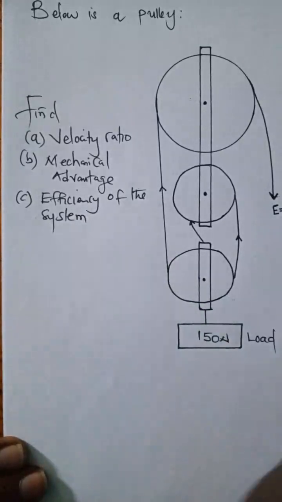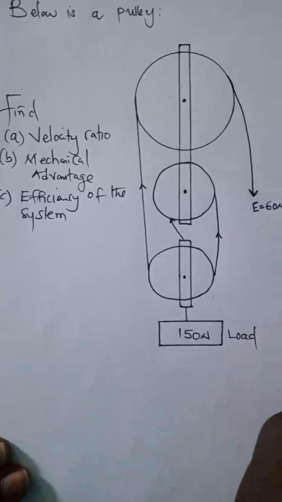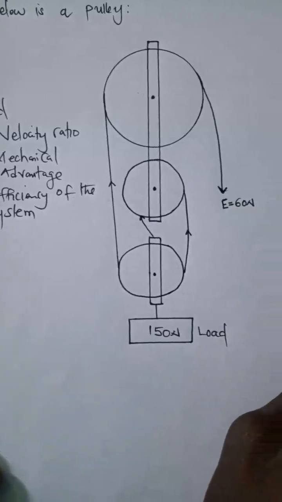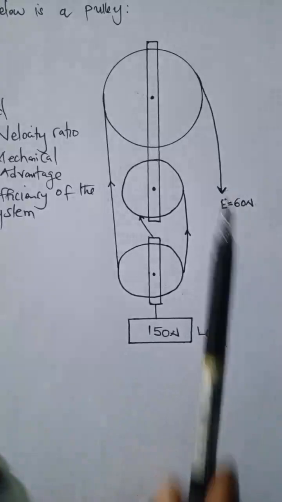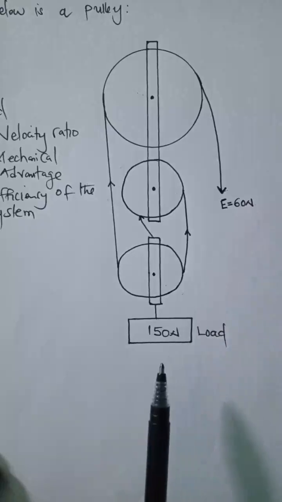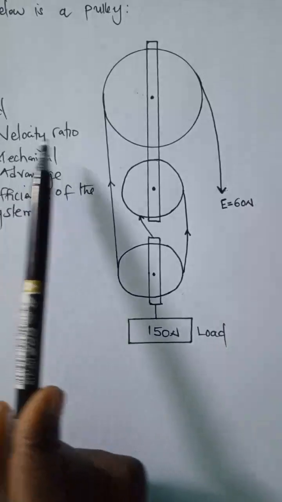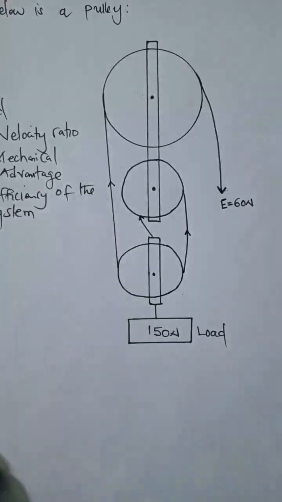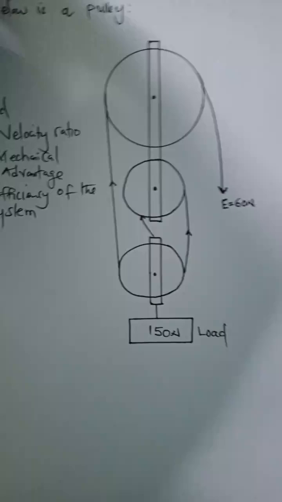Now, this is the effort given. So we have the effort given here, and we have the load. The effort is 60 newtons, and the load is 150 newtons. How do we find the velocity ratio? And how do we find the mechanical advantage and the efficiency? So, follow me. First of all,